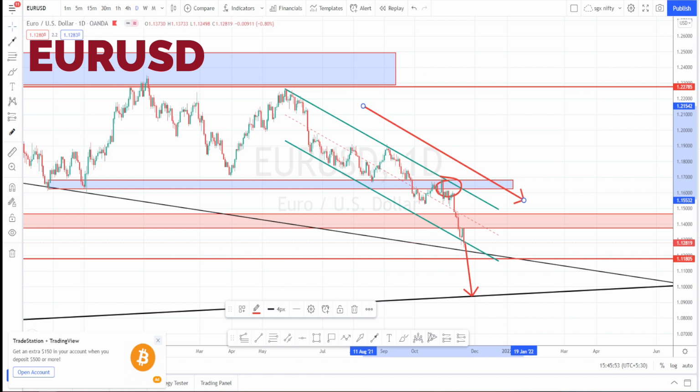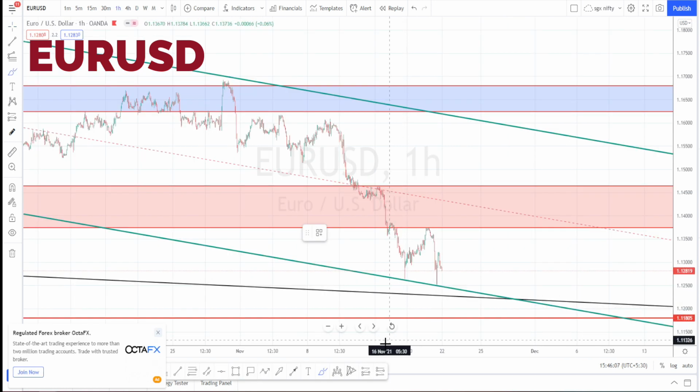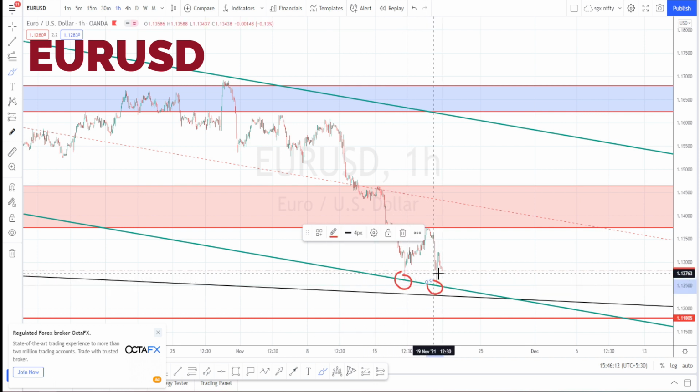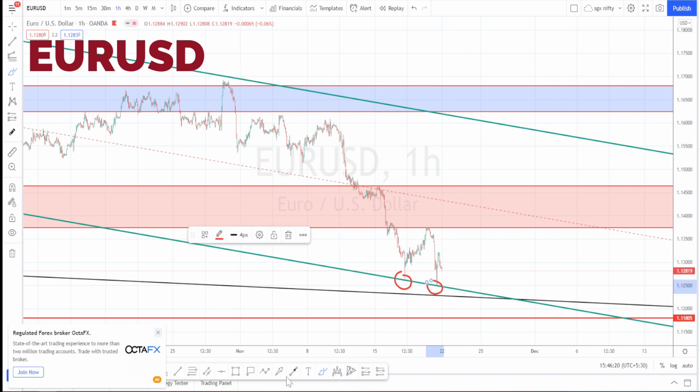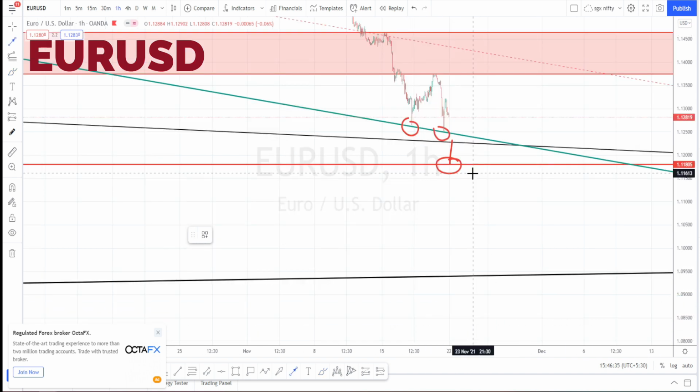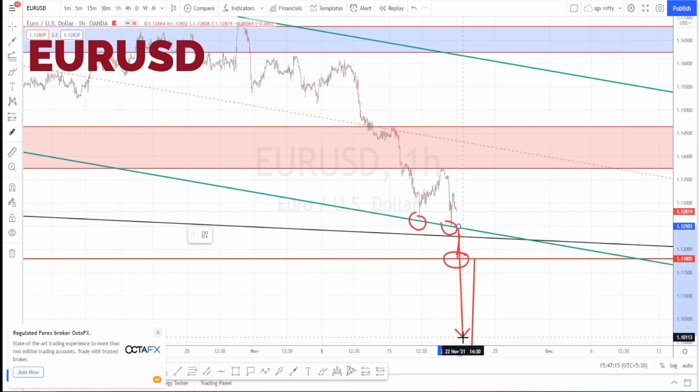Let us do the analysis in hourly time frame. In hourly time frame, you can notice that the current price action has taken support on the daily time frame channel pattern and it is trying to break this support level. Next level of support is going to be at this point over here, which is a red color line, support line from the weekly time frame, and if it manages to break this level, we can expect a further fall and test this bottommost support level, which is around 1.09. In all the time frames, we can notice that downtrend is very strong.